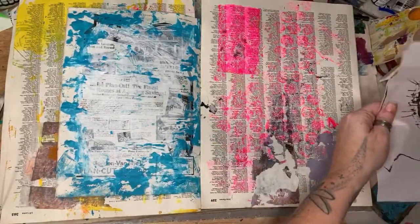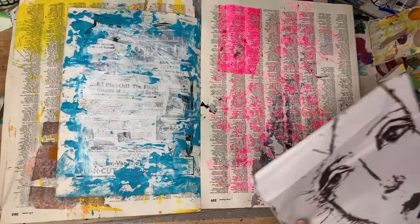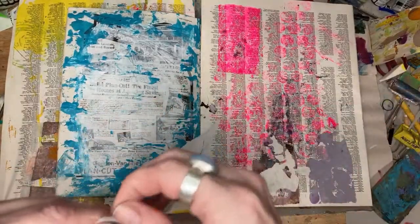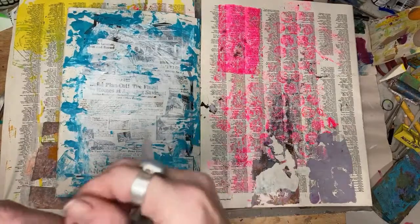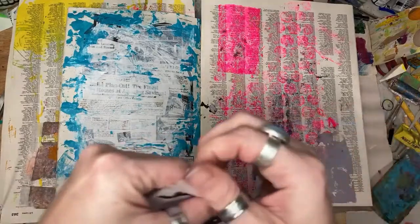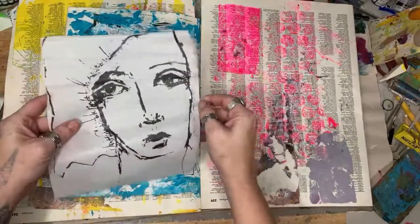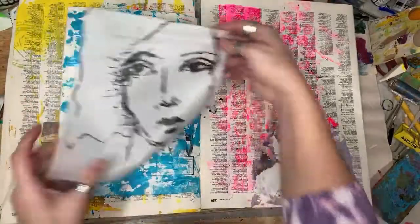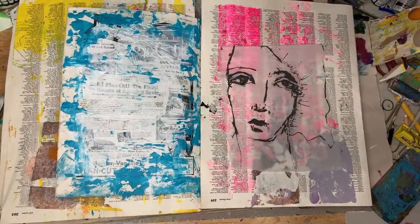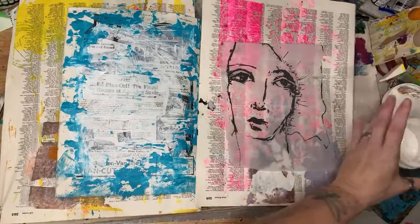I look at my dad, I give my dad massive props for the upbringing he came from and where he's come from, and both his parents were alcoholics. Of course, not unheard of. Poor, and I was hoping to get that off there, but I know as soon as I rip it, that's going to come off, and I don't want to lose that. So we're going to do that. I'm going to get some gel medium, because they say that works better, even though I don't think it really does. Of course, it's not her brand, but...